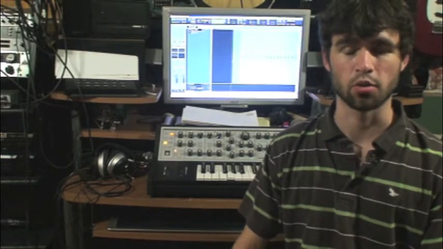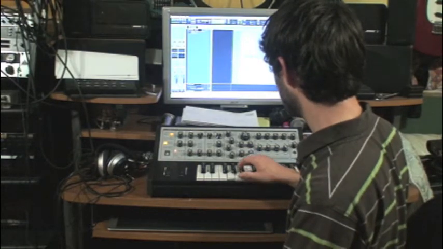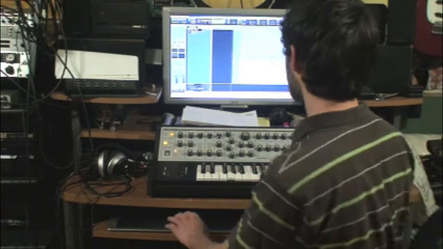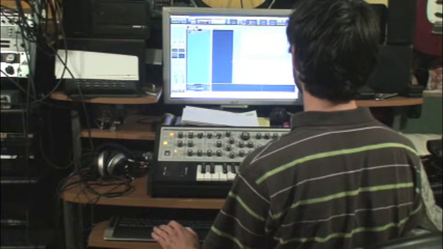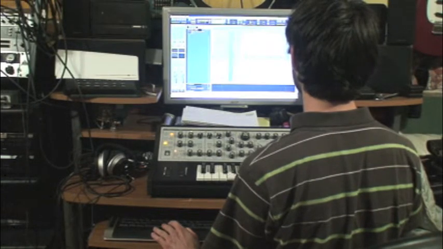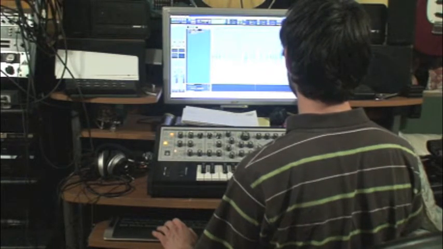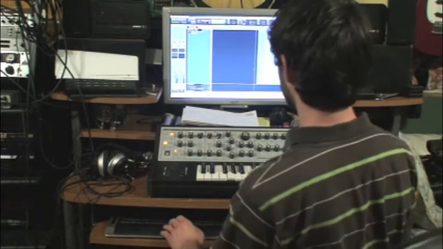So now I loaded up the actual kick drum patch that I made on the Sub Phatty earlier, and this is what it sounds like. So kind of reminiscent of that, the Brazilian bass drum. So now I'll play for you the original bass drum track again. And now if I route it into the Sub Phatty's keyboard gate,